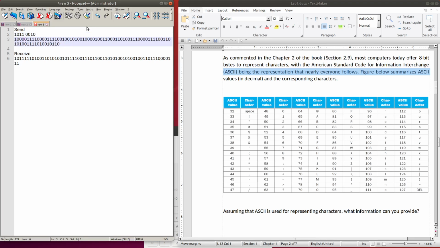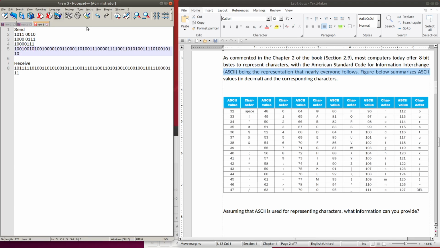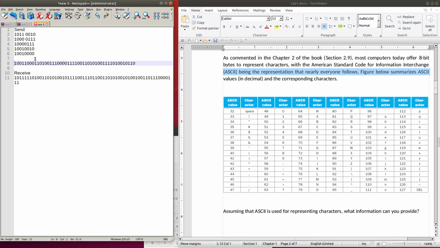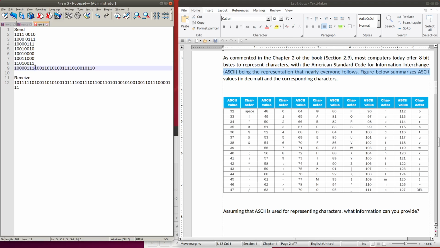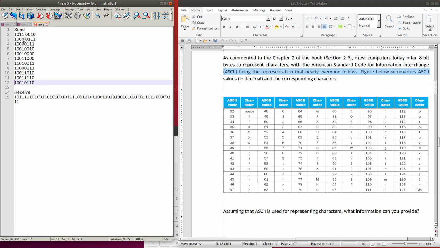So here's the first 8 bits, the second 8 bits, the third, fourth, and so on, so you have a number of bytes for the sent message and a number of bytes for the received message.